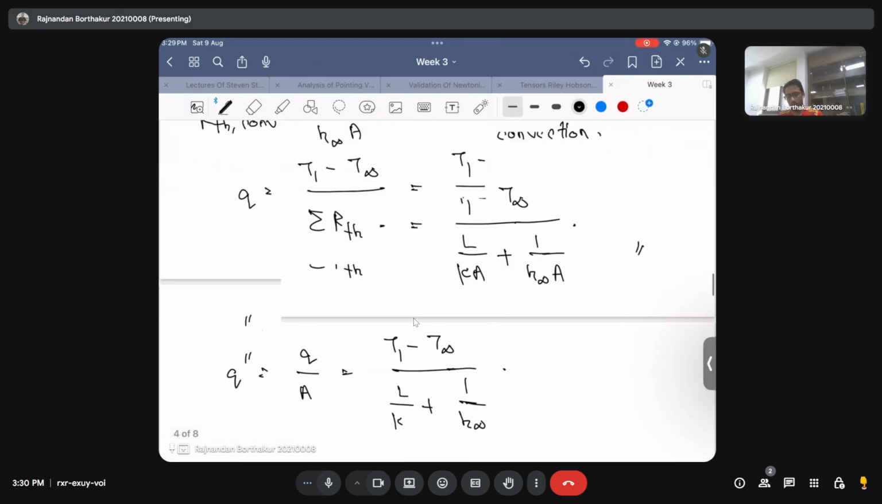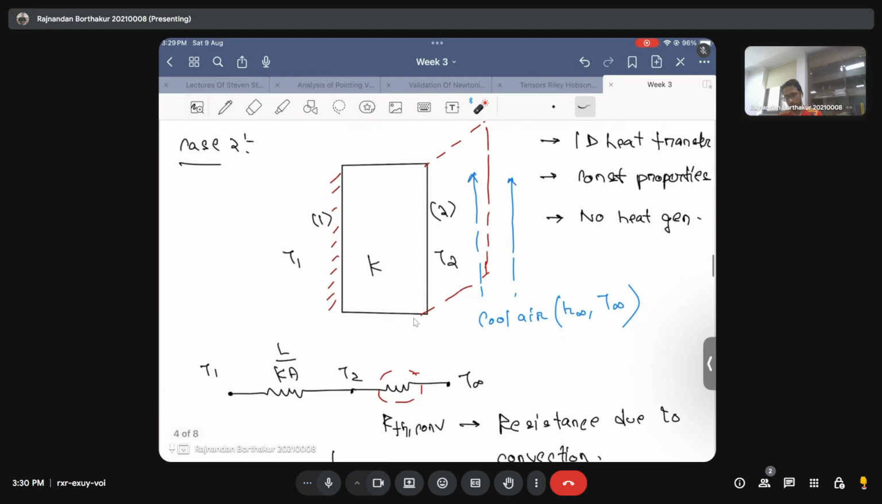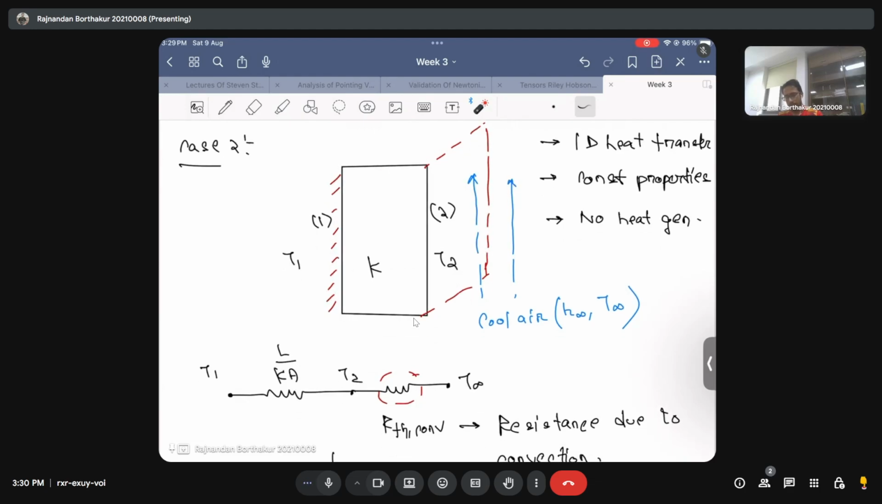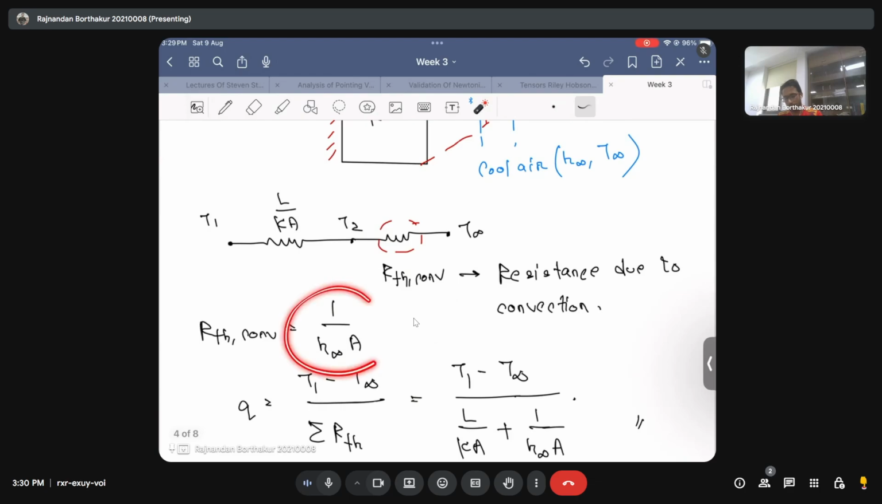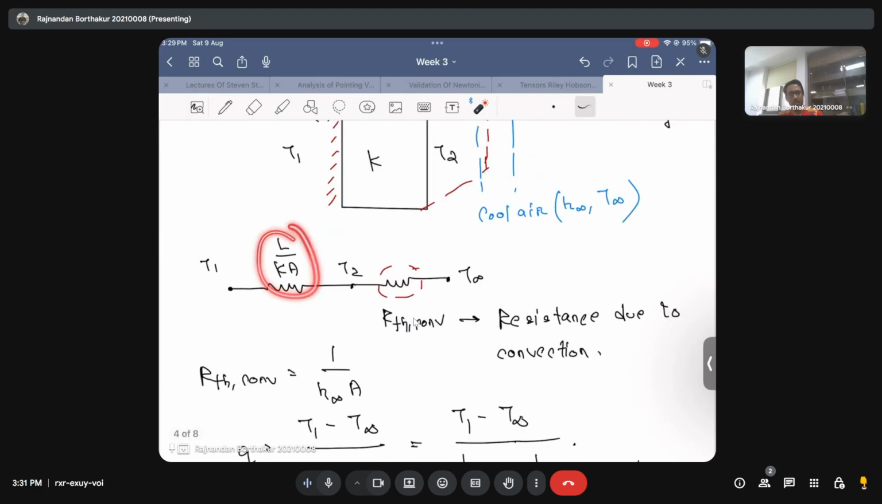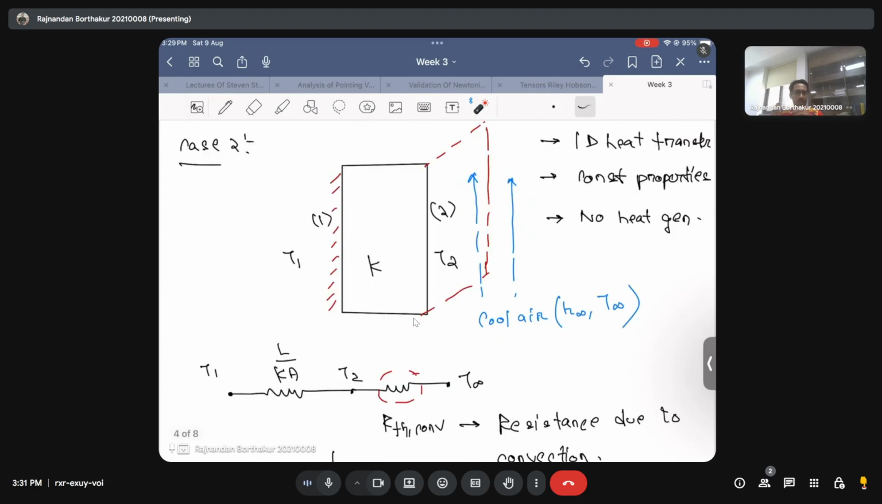Now remember, what I want to say is, if I have a geometry, let's say a cylinder, the convection resistance will always be equal to 1 by hA, because that comes from Newton's law of cooling. But this L by kA that we wrote here, the conduction resistance, is sensitive to the shape of the material. For instance, if I have a hollow cylinder, and heat is being dissipated from the inner face to the outer face in the radial direction, then if you ask me what is the